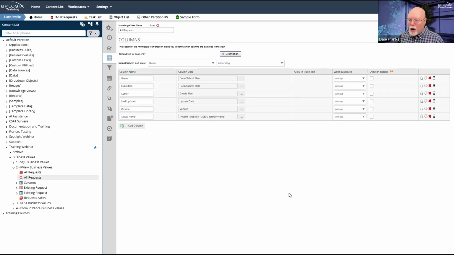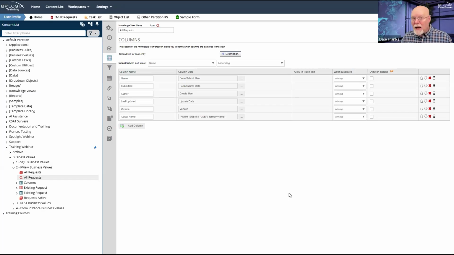And when you're calling the business value, you're actually making it worse, because now you're not just calling the knowledge view to return data, you're calling a business value object, which then in turn has to call the knowledge view to return its data. However long that knowledge view takes to run, that's going to be added to the time that it takes your business value to run.